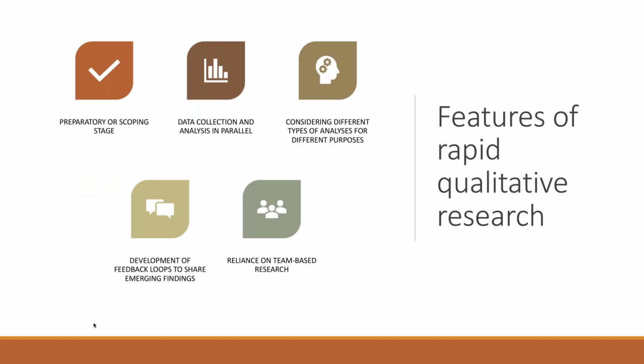Now, having considered then all of that variability, some of our work has also centered on trying to identify what are actually the key features of rapid qualitative research. So where do all of these different types of approaches and ways of generating knowledge in a more rapid time frame, where do all of these actually, what is the agreement, I guess, across all of them? Where do they all come together? And these are some of the ideas that we've developed over time.